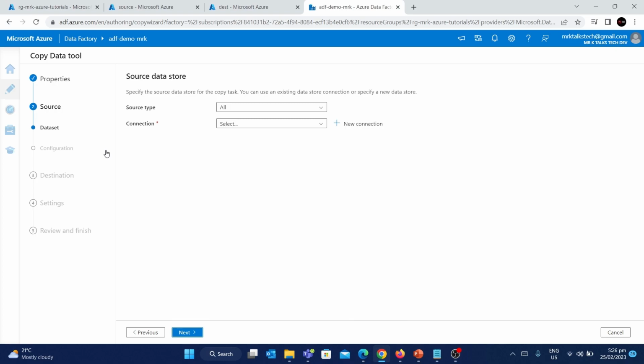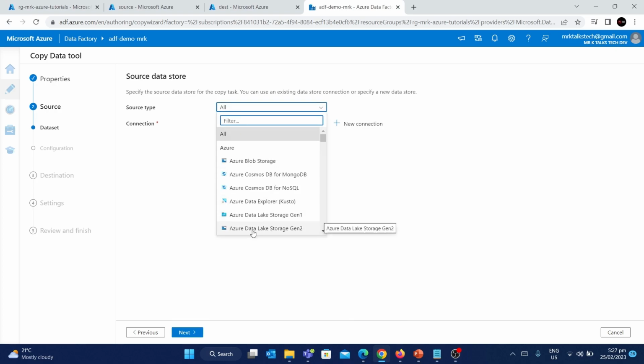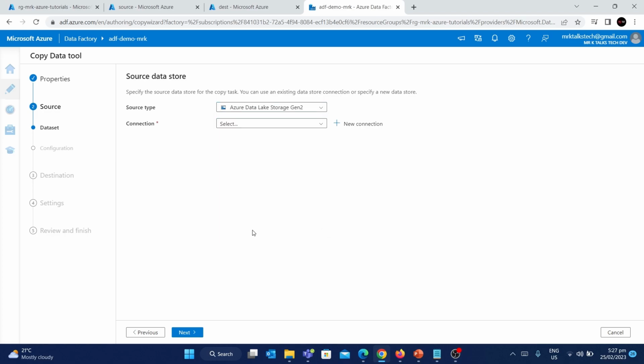So the first type is, as we know that we are going to copy the data from the data lake, the source type would be the Azure Data Lake Storage Gen 2. So there will be an option called Azure Data Lake Storage Gen 2 under the source type. So we can click on the Azure Data Lake Gen 2 and there will be an option to create a